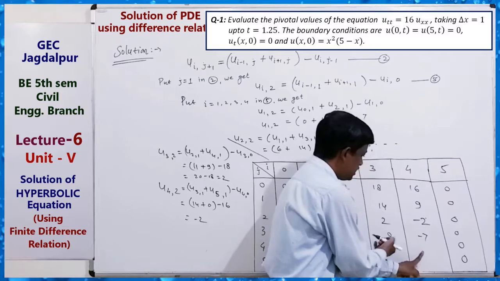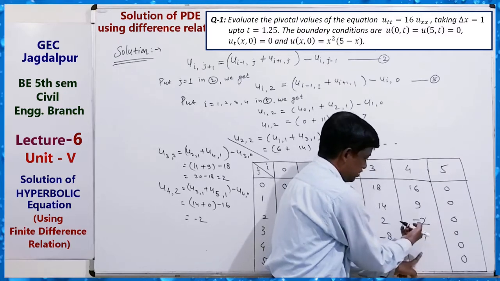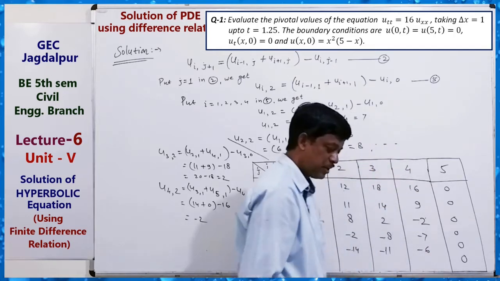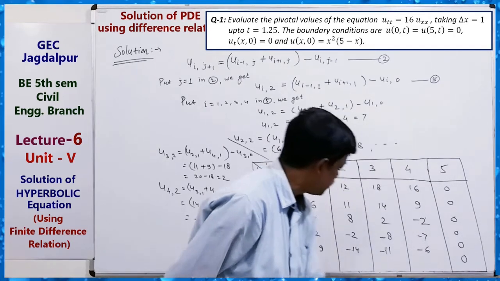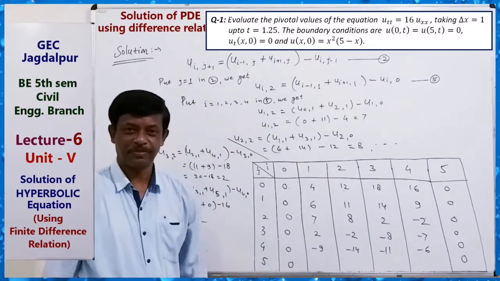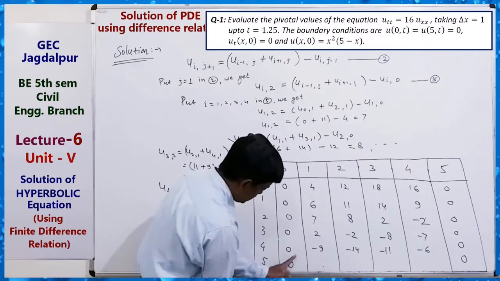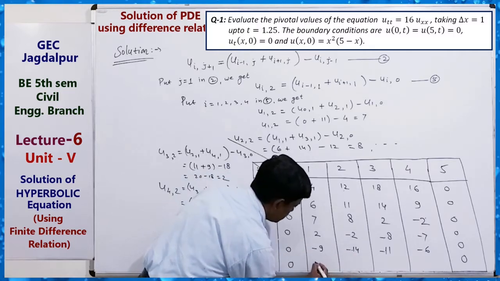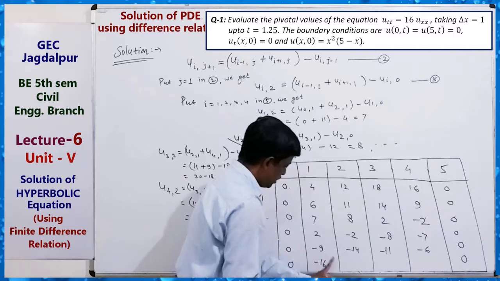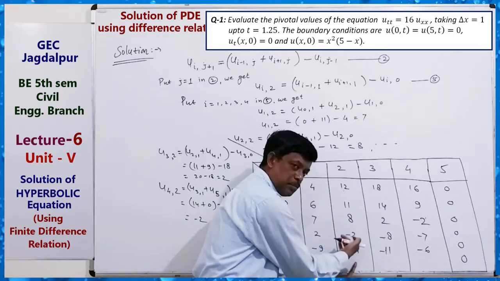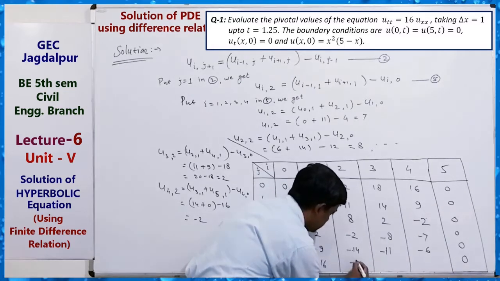Here minus 8, minus 2 plus minus 6. So we can get minus 6, minus 11, minus 14, minus 9. Okay, now the last line, just for this, 0 minus 14, minus 14, minus 2, minus 16. Now for here, minus 9, minus 11, minus 20, plus 20, minus 18.